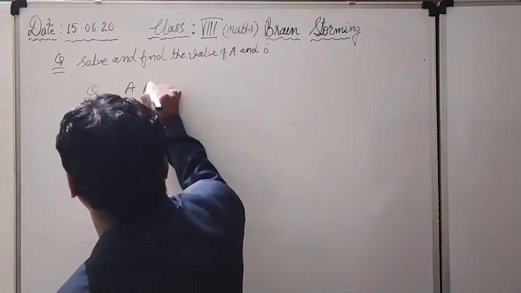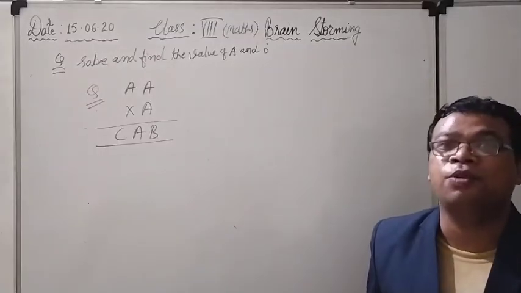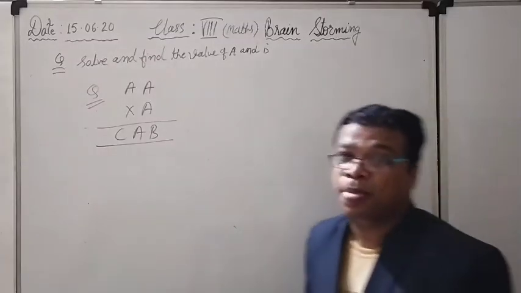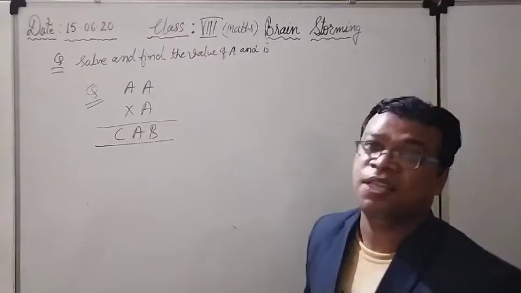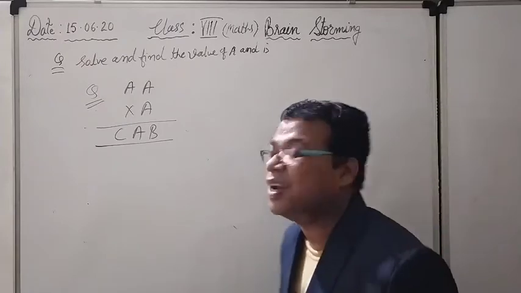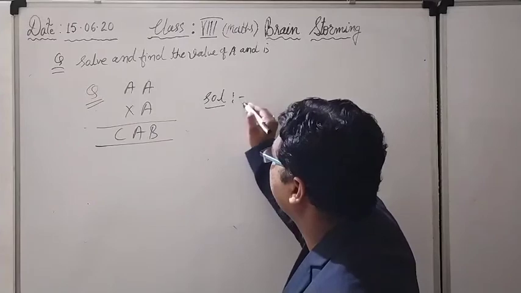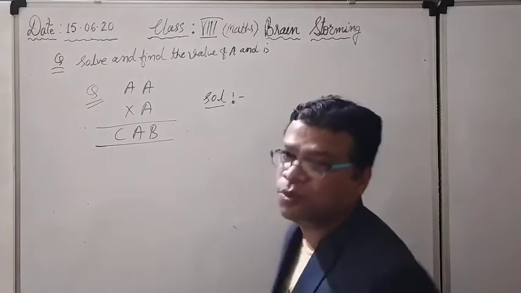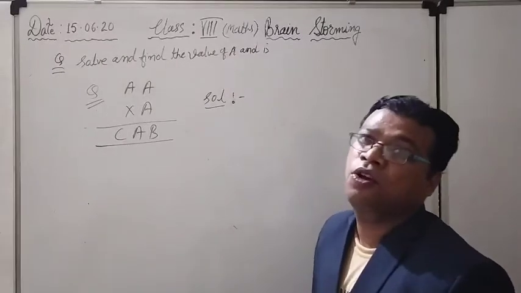How to solve? Only the numbers are like that, A into A into A. Here not a single number is there. Like right now see CAB, meaning is that I am not getting digits here. So I only have to go for the trial and error method. So what is the solution? You have to do some kind of rough work, and whatever the final solution, you will directly solve in the notebook.